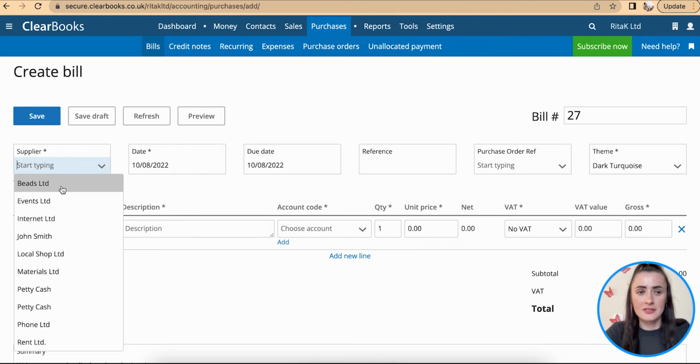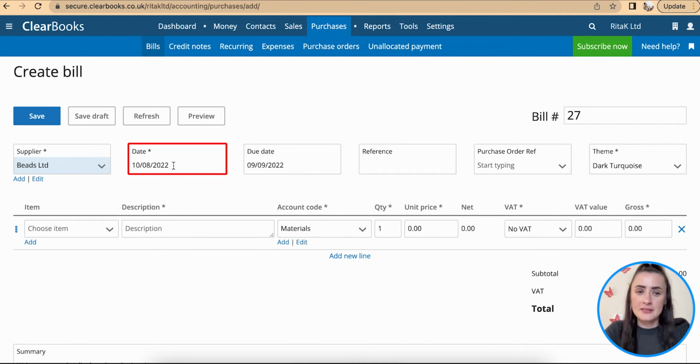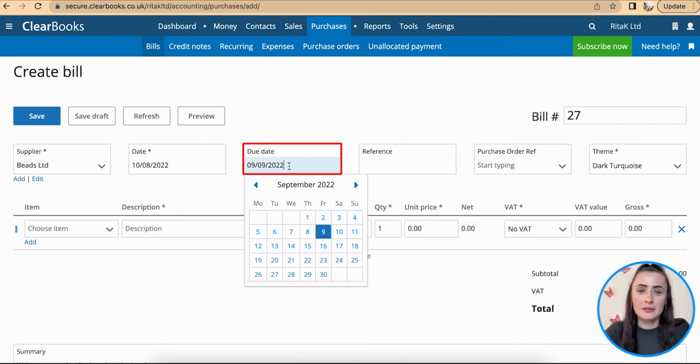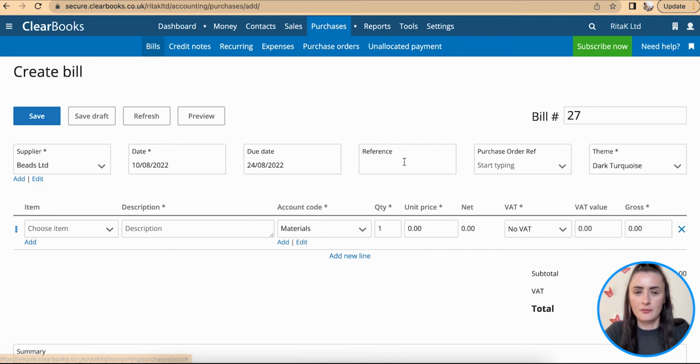In my case, I will select Beats Limited, select the date of the supplier invoice, and you can also amend the due date by selecting when it's actually due. I have 14 days payment terms given by Beats Limited. Reference, this is the supplier invoice number, so I have B12345. If you know the purchase order from your system that needs to be allocated to the Beats Limited supplier invoice, select it, otherwise